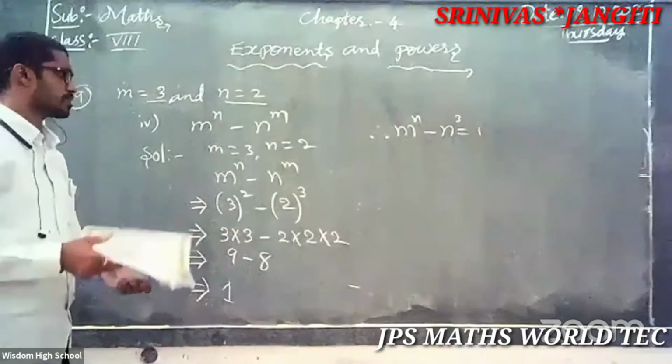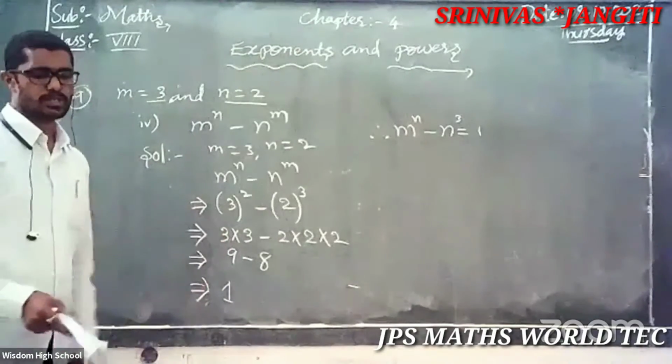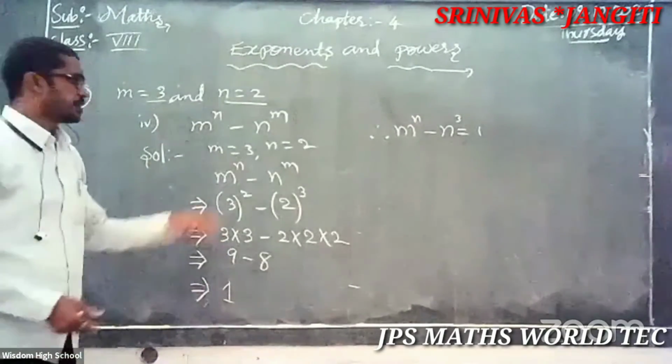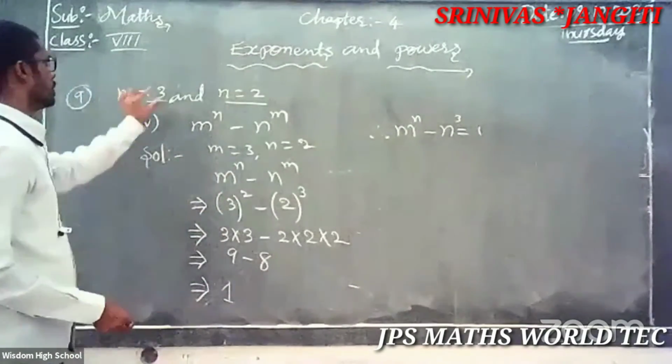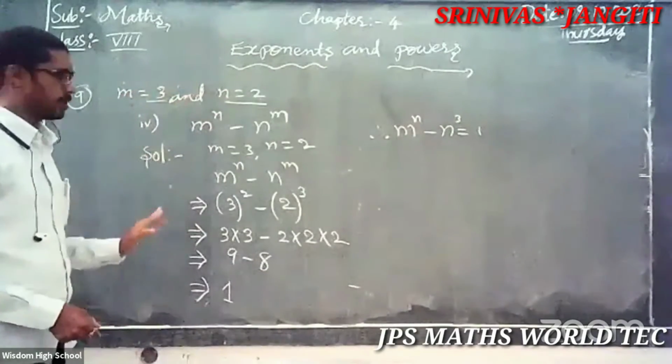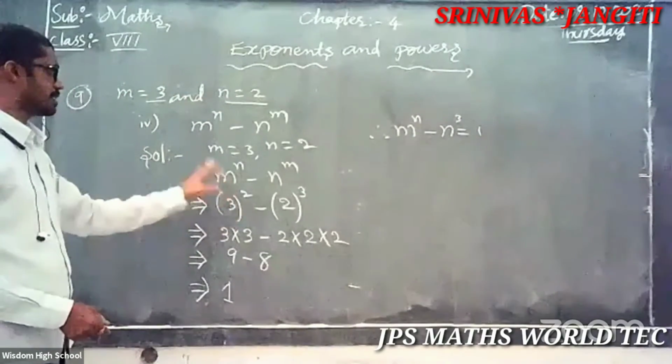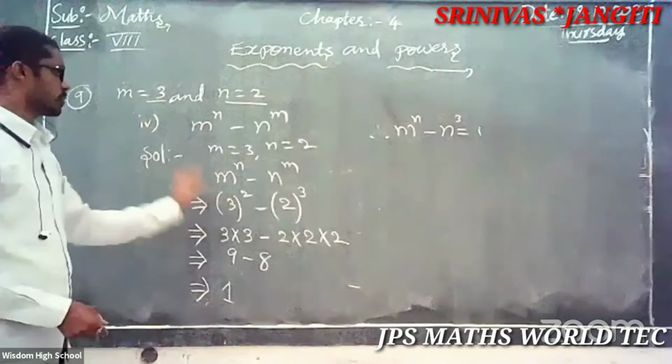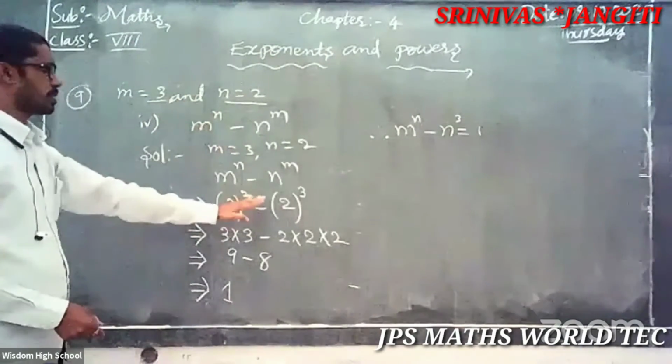Simplify and give reason is what they're asking. Right, come on, note down this. So here there is no rule, just logic. What is the reason? What is m? What is n? You know, so simple. Just where is m, you substitute 3. Where is n, you substitute 2.